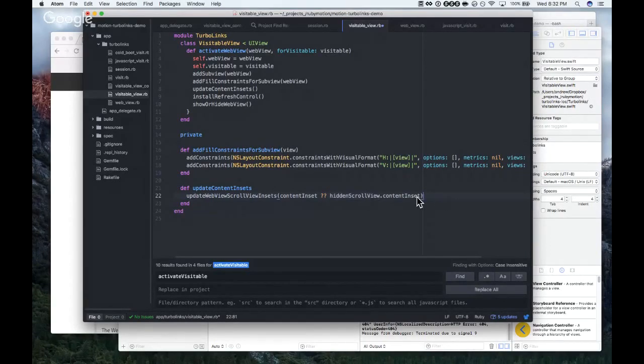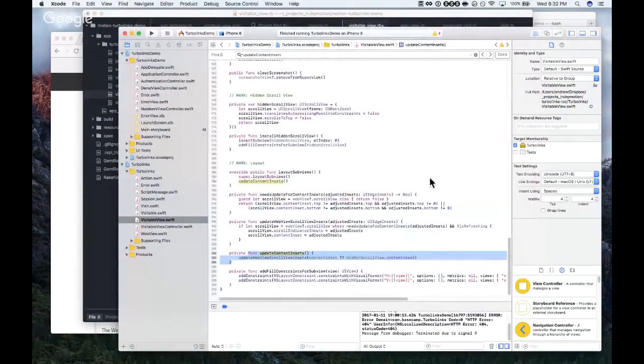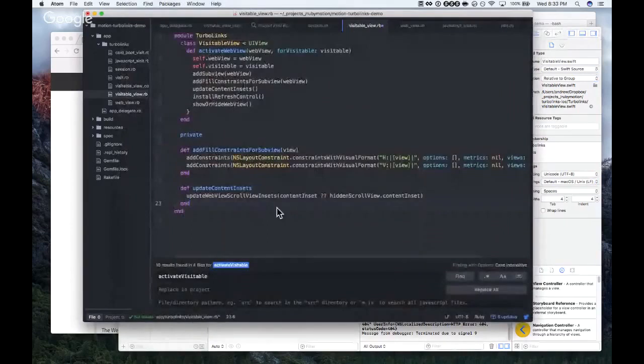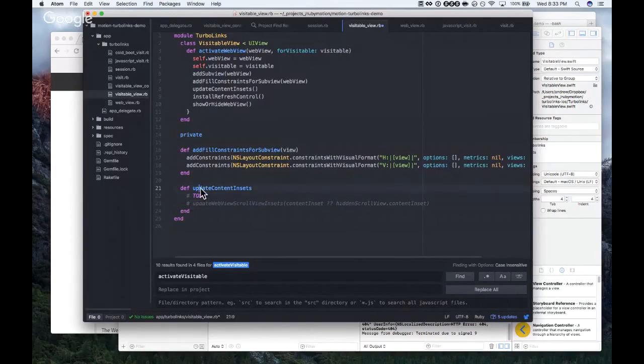That's Swift. I think it means if the first thing is nil, then take the second thing, but I'm not positive. Well, I'm going to set that as a to-do. Okay. I think if we don't update our content insets, it'll be okay.